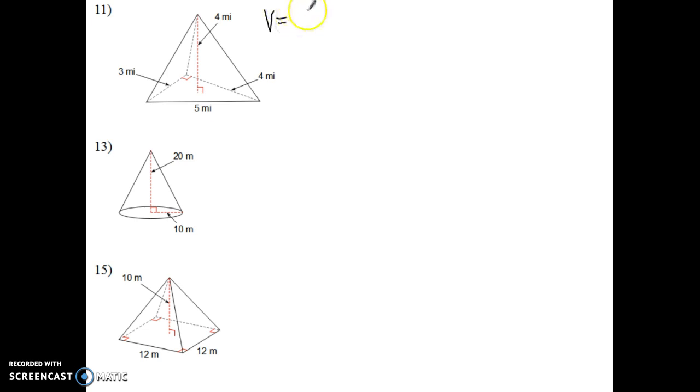So I'm going to say volume is 1/3 multiplied by the area of my base multiplied by the height of my pyramid. First things first, I'm going to look for the area of my base. Because this is a triangle, I'm going to say that it is 1/2 base times height. Again, careful with this height. This height will be the height of my base, so the height of my triangle only, not my entire pyramid,